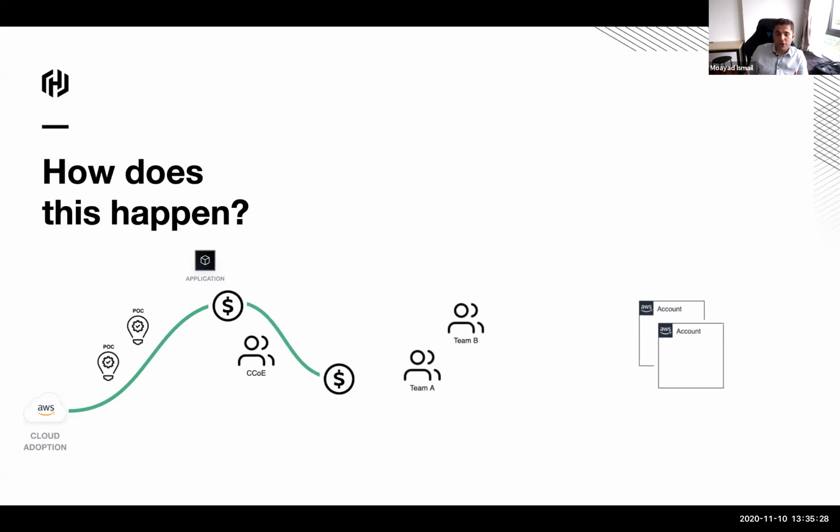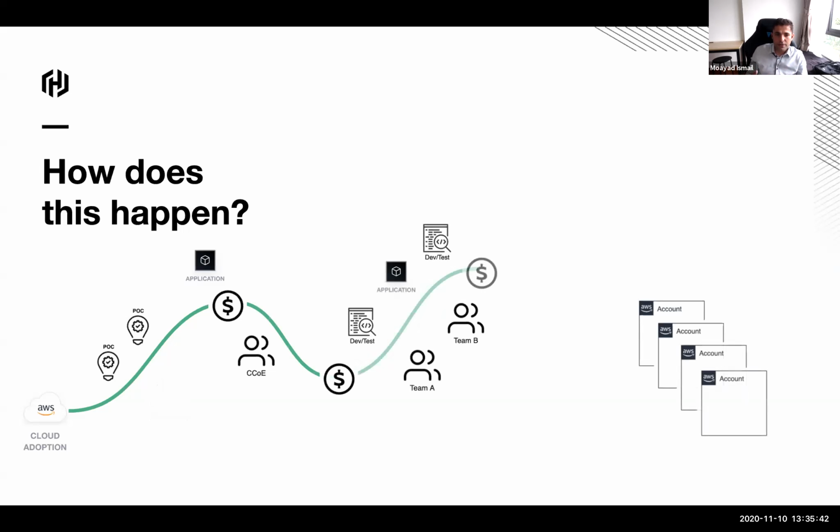Then what ends up happening is you end up with multiple application teams that wish to migrate some of their applications to AWS using a lift and shift approach. Now, in collaboration with the CCOE team, some of these environments are established, all resources are accounted for, and costs are within budgets. Then what tends to happen is the enterprise wishes to enable some new